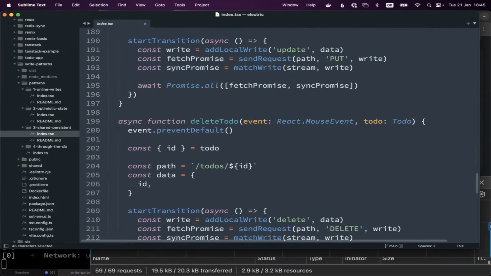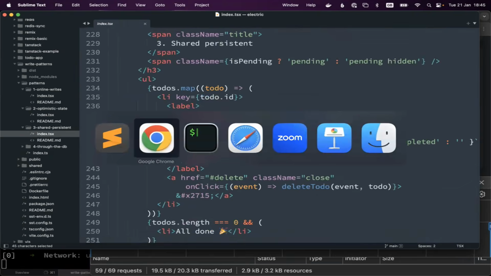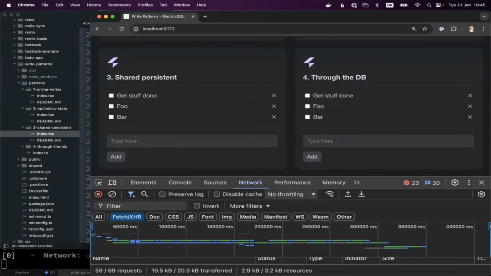So again, it's very little additional code on the example that we were just seeing, but what we get with this example is really quite a comprehensive local first application, because you can have multiple components that are all sharing this client-side state. The pattern is that you sync in the data. The data that you sync is immutable from the server, and then you have this mutable local optimistic state that's merged on top of it, that's removed once your writes have been confirmed as syncing through the replication stream.